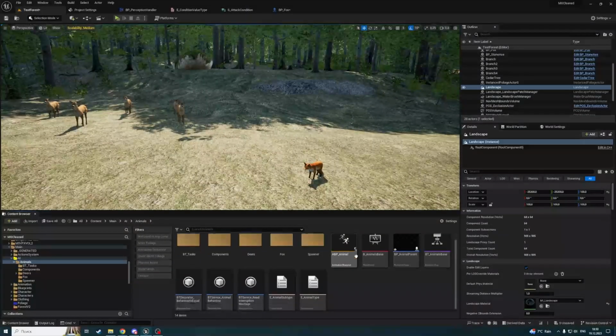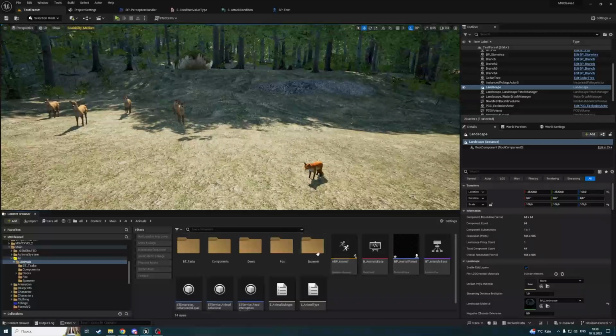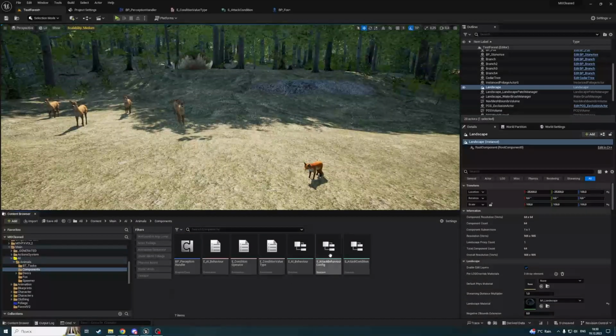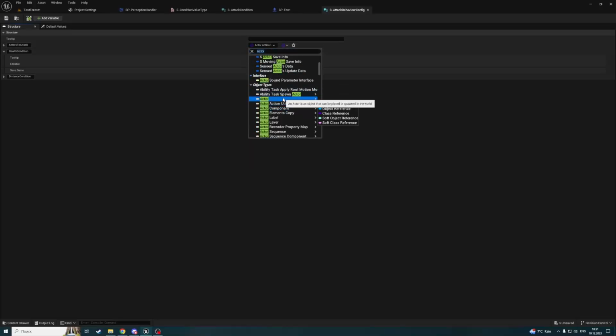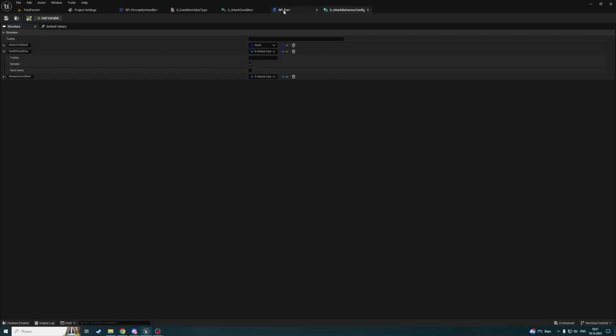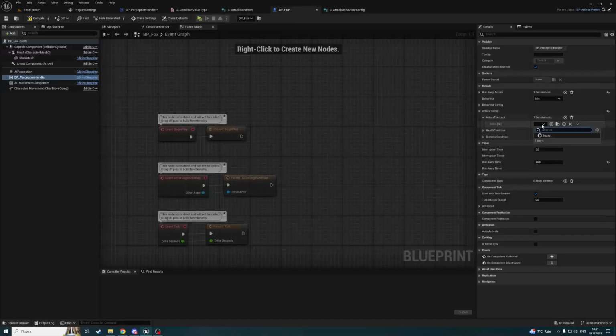Oh, what? Actors to attack. Did I create it not as a set of class references? As tag behavior config. Attack actor action utility type. What? Okay, it should be an actor, not an actor action utility. I just misclicked. So now we can compile it, and now we can add some